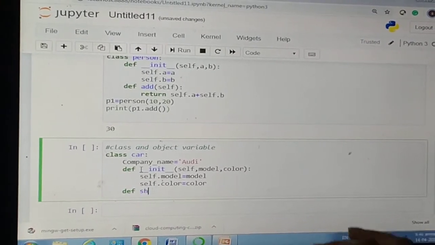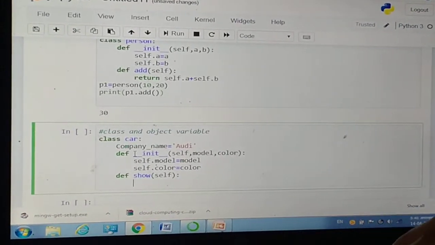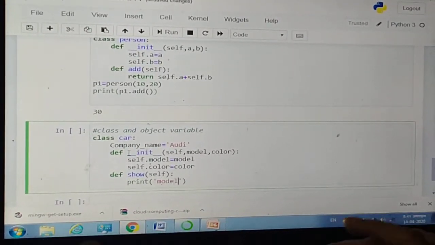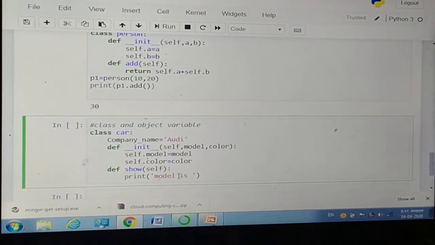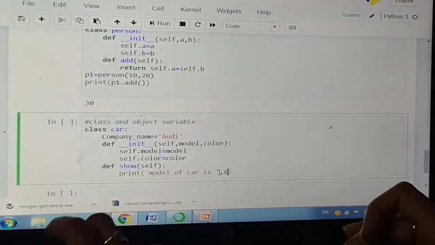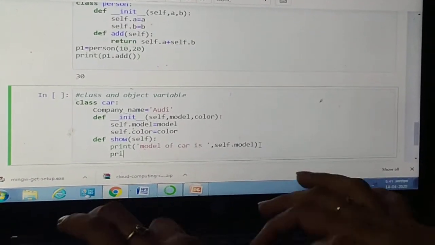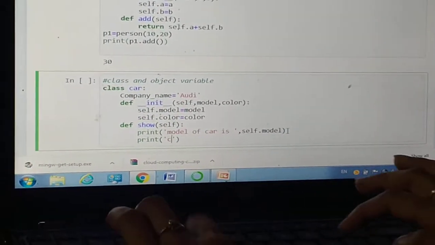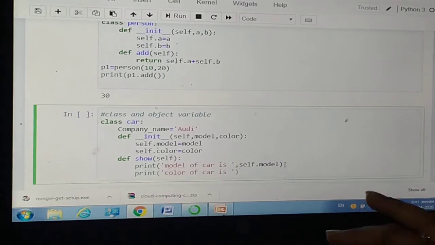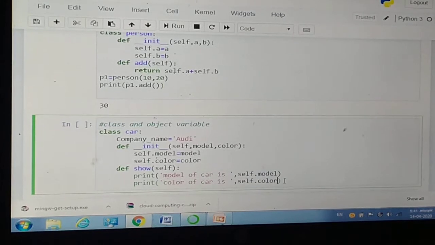def show. Here I have given a reference through self. print model of car is self.model, and print color of car is, comma, self.color.